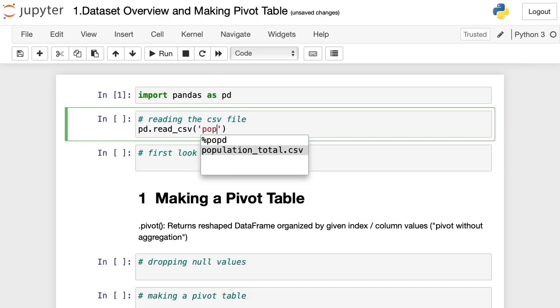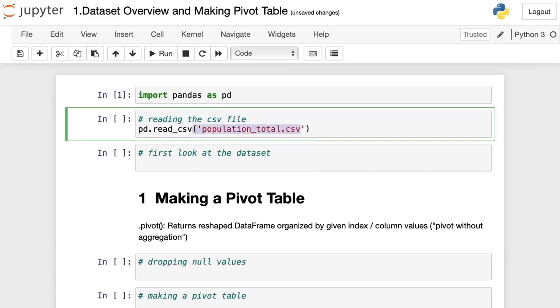I pressed tab to get the name. So we have the name, and now I'm gonna assign this to a new variable. The variable is gonna be df_population